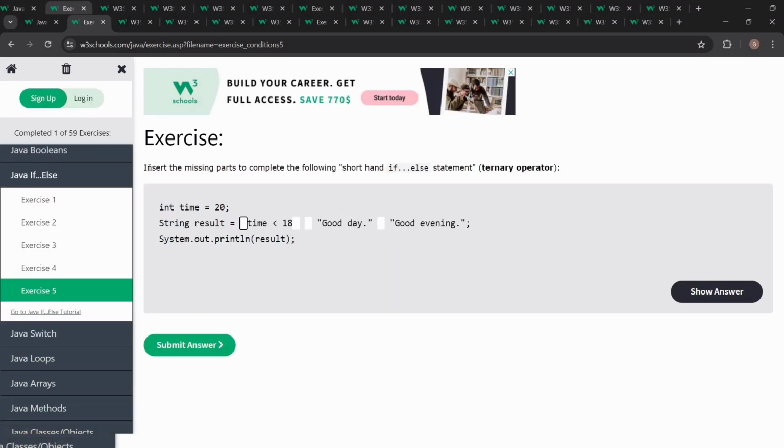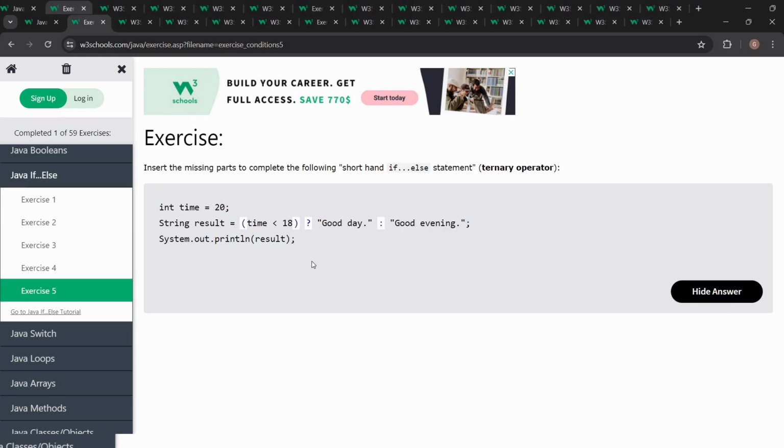Okay, so we will move to the fifth exercise, the last exercise for this. Okay, insert the missing part to complete it. Okay, so string result, here we will see only time, we have given one condition. Okay, and then it will print this or it will print this.